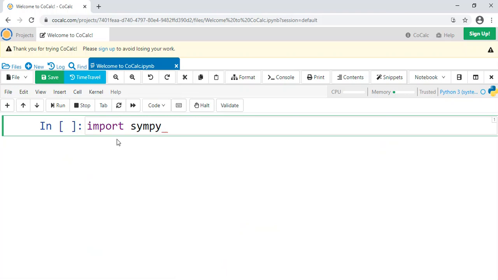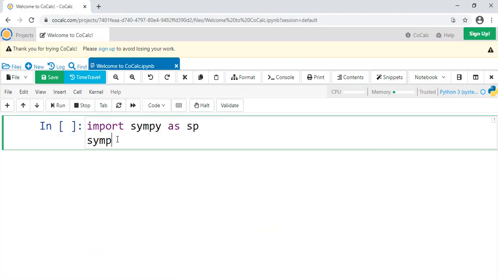I almost did from SymPy import all. Import SymPy as sp, and then from sympy.abc import whatever we were working with, x, n, h, p, q, z, y.